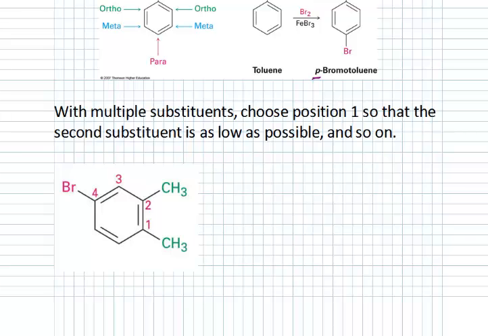When I have multiple substituents, more than 2, we do like we normally do, where we try to minimize the numbers, but you do it starting with the very first one. So start somewhere with 1 so that the second one gets the lowest number possible, and then number it so that the next one gets the lowest number possible, and so on. So there should end up being at least one right way of doing it. For instance, we didn't go 1, 2 here because then the bromine would be 5. Instead, we do 1, 2 for the methyl groups, and then the bromine is 4. So 4-bromo, alphabetize, 4-bromo-1,2-dimethylbenzene is